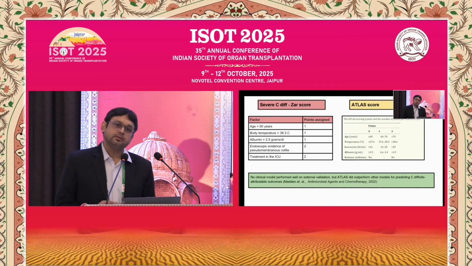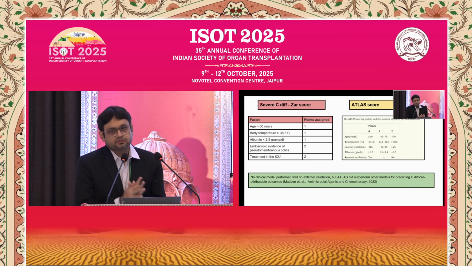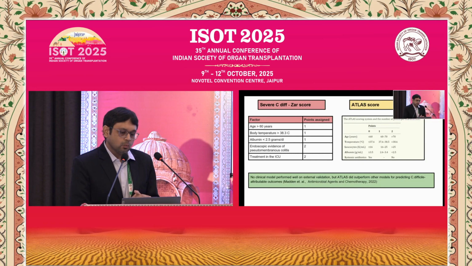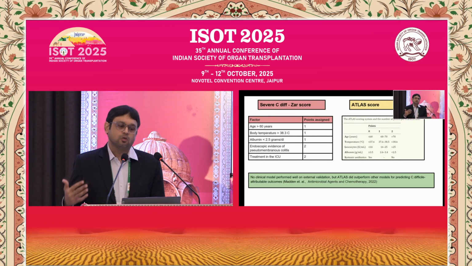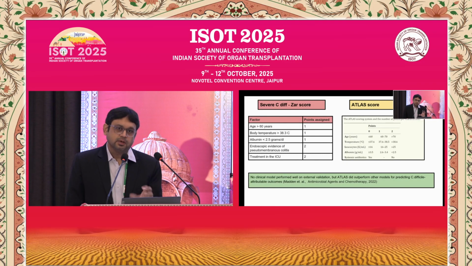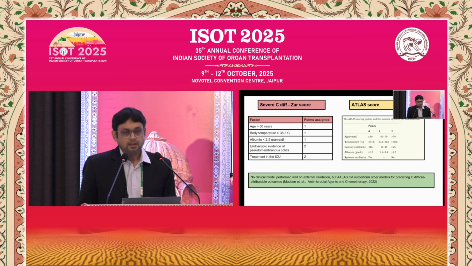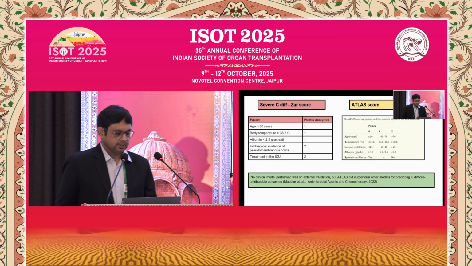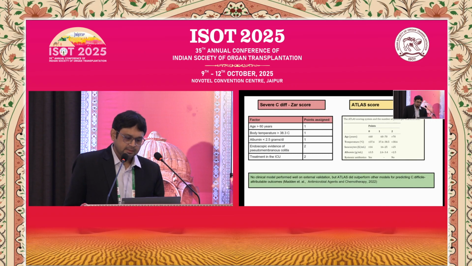Like I said, there are scoring systems which look at severe C. diff versus mild to moderate C. diff. But there are two things here. One is that these scoring systems are not used very regularly in treatment, wherein mild, moderate and severe, we are treating almost the same way. It's only the fulminant wherein we are usually adding the IV drugs on top of something like an oral vancomycin. So that's the practicality of it.